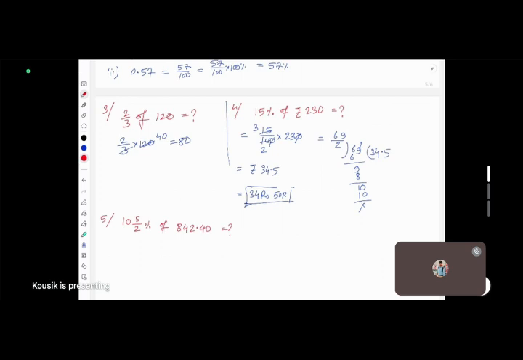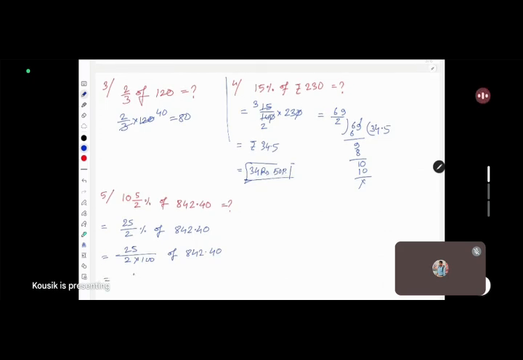Sir, 100 whole 53/10. Sir, 105 whole 3/10. আচ্ছা, এটা হচ্ছে 25/2% অফ। তাহলে কি করতে হবে? আমাদেরকে এবার গুণ করে দিতে হবে। 25/2 ইন্টু 100 ইন্টু 842.40। তাহলে এই ডেসিমেল পয়েন্টটা উঠে নিচে 100 বসলো। তাহলে 0 0 ক্যান্সেল আউট হয়ে গেল।